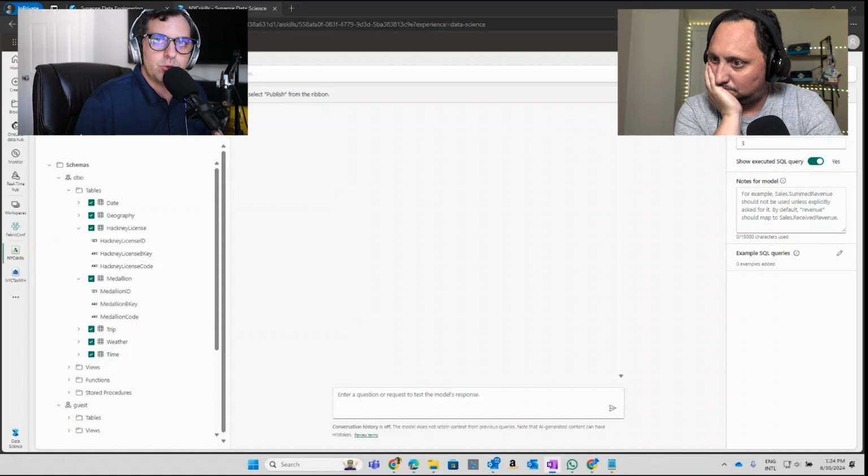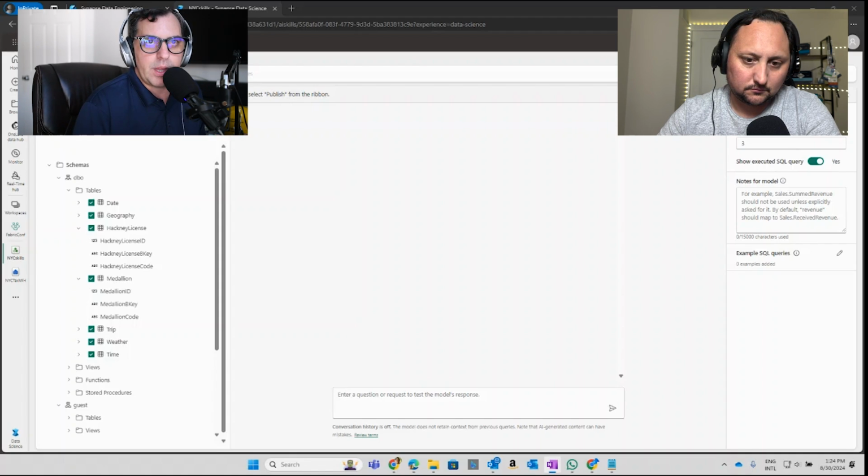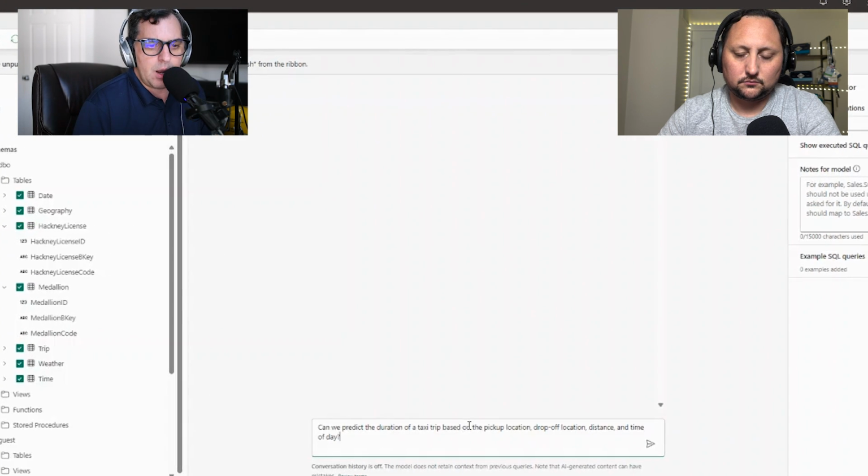including factors like trip distance, pickup, drop off locations, and so on. So the AI model can process this data and generate some of the predictions. I'm going to start with a quick question on this one. So let's ask, can we predict the duration of taxi trip based on the pickup location, drop off location, distance,